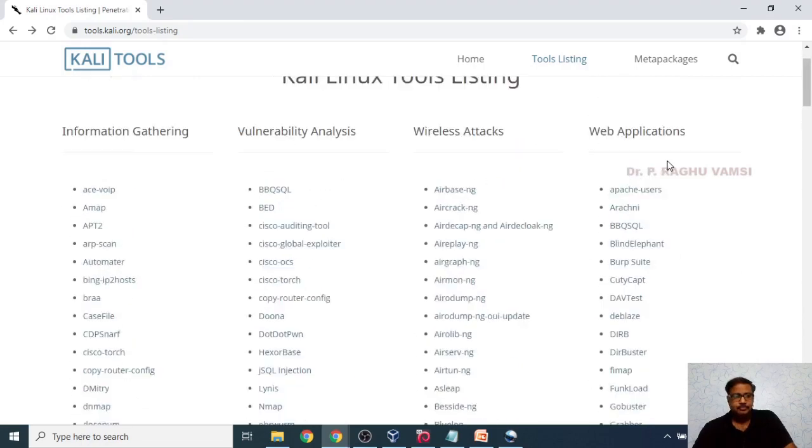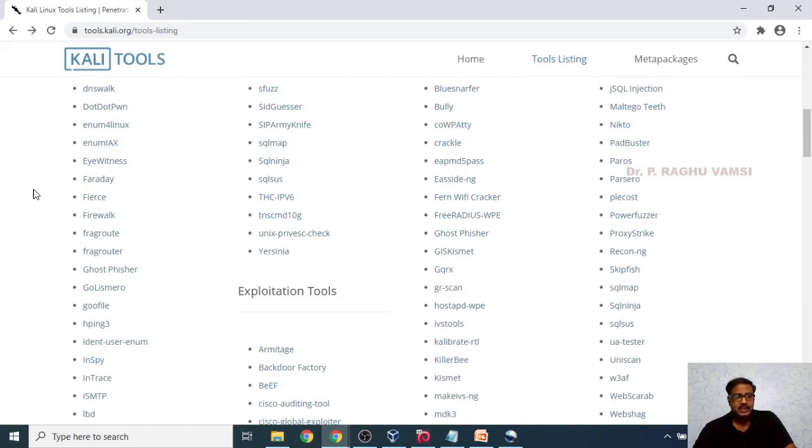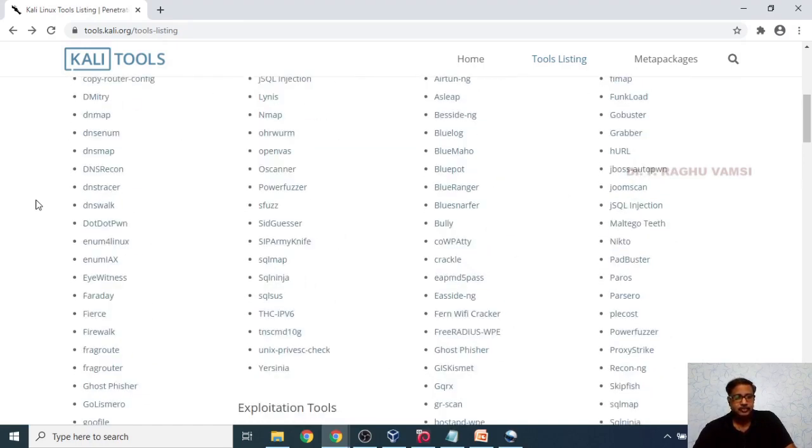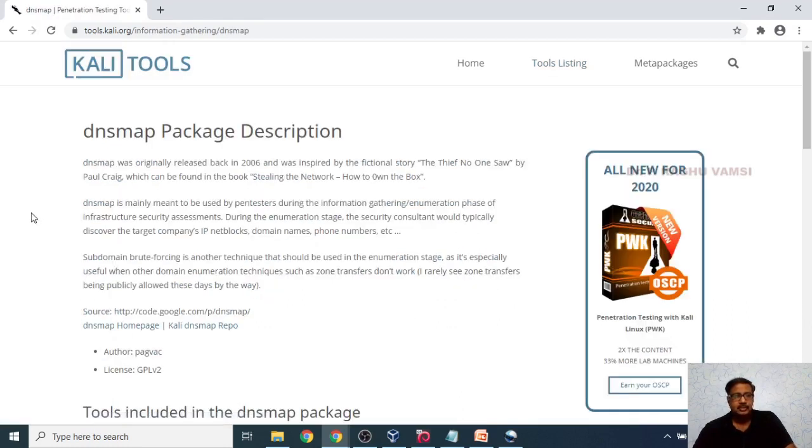So for example, information gathering tools. These are the various information gathering tools. Just now I told you about DNS recon. Here you can see DNS recon and DNSmap. If you click DNSmap, it says DNSmap was originally released back in 2006 and was inspired by a fictional story.